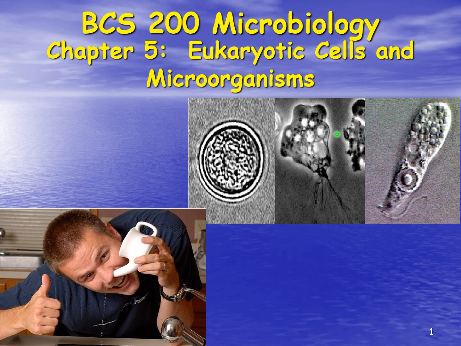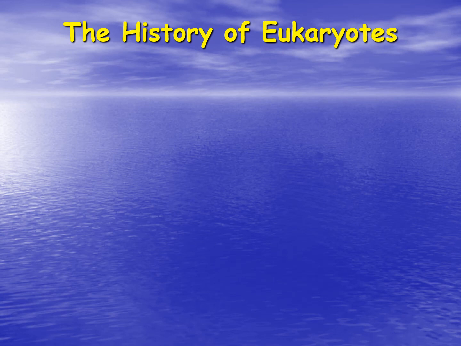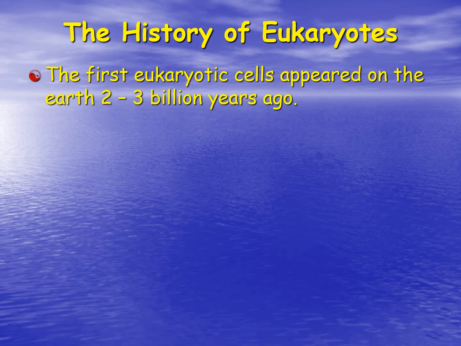It is a eukaryotic cell found in most fresh waters that is untreated, and what we found was there were a few cases where people were using neti pots that had the Naegleria fowleri in it, and this actually got up through their cribriform plates in the base of the skull and infected their brains, and they actually died from this organism. So let's first talk about the history of the eukaryotes.